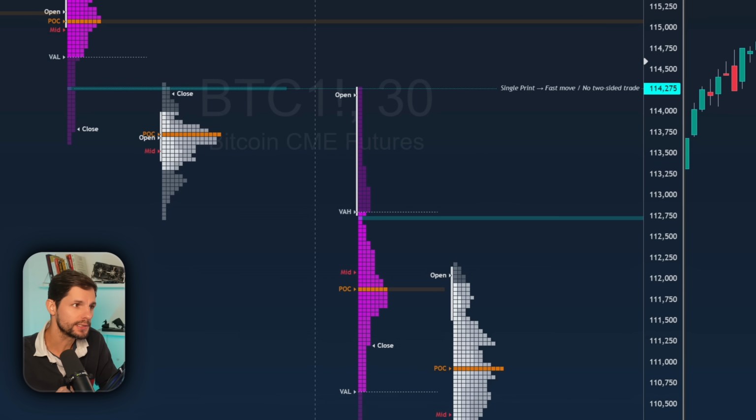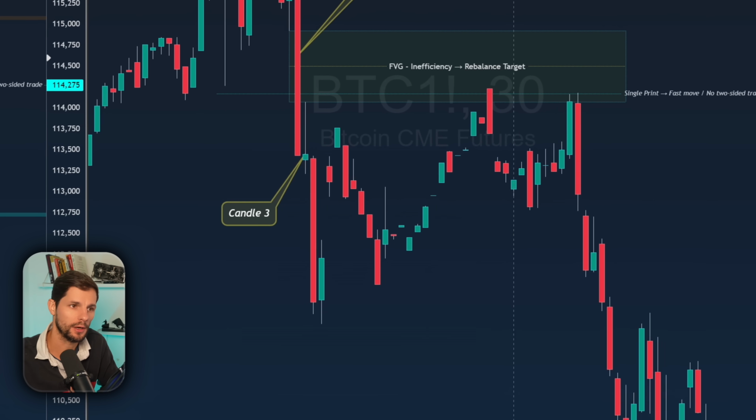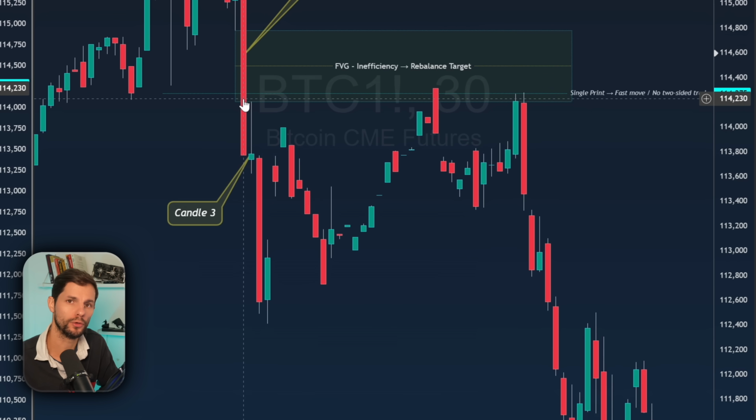Now for some tips and tricks. So mark the single prints on your profile during RTH. In other words, we want to mark the good ones. So like I did here, RTH, regular trading hours. So that will be 9:30 New York time. Okay. Confirm the overlap with the fair value gaps on your intraday charts. So you can then choose the candlestick chart and just mark your normal fair value gaps in between those sessions,